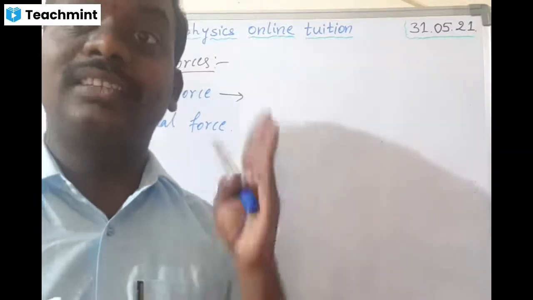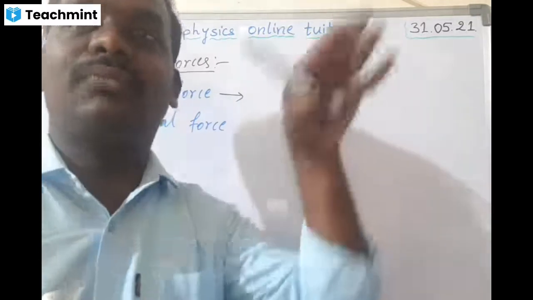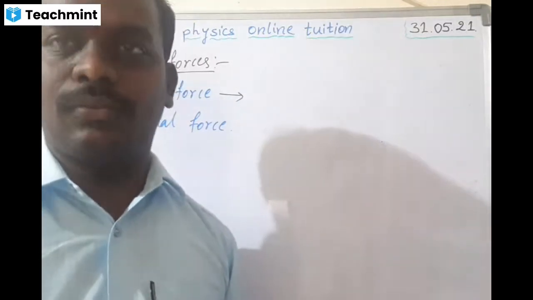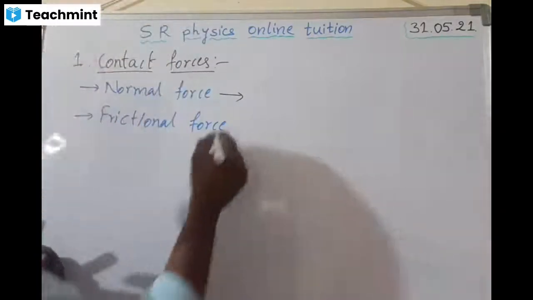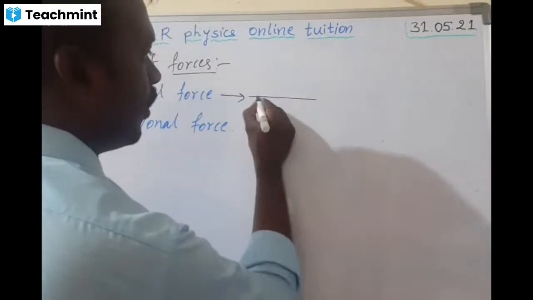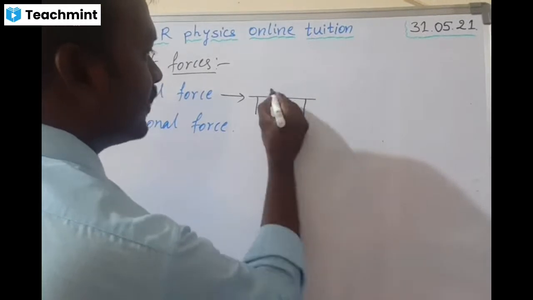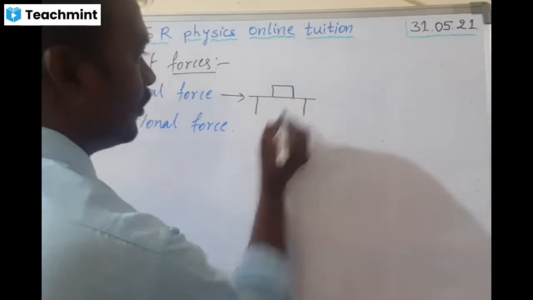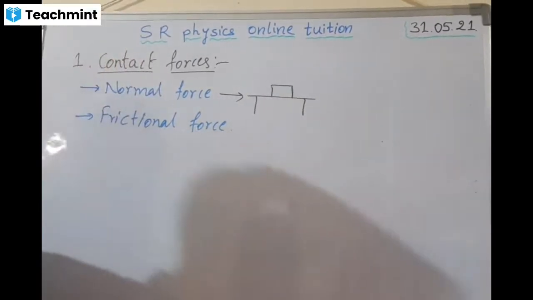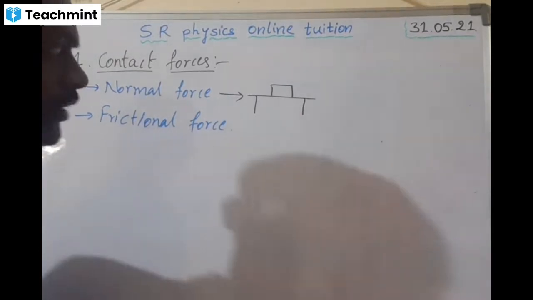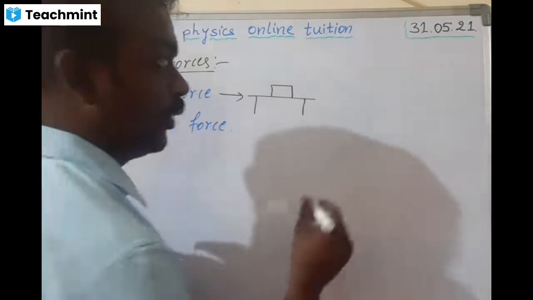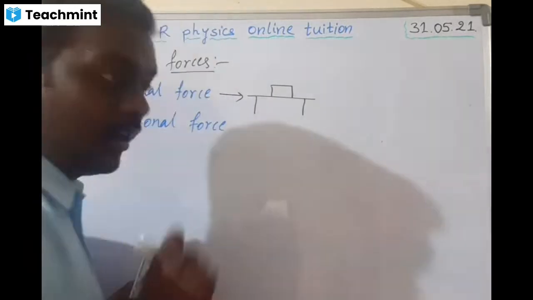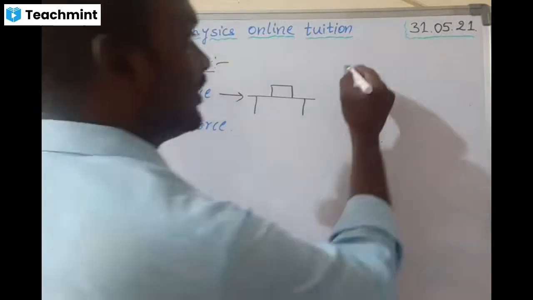The force which always acts perpendicular to the surface, we can take it as the normal force. Let us see how it will be. Now, this is a table. On this table, you are going to place a book or a block, right? Now here, what is going to happen? In the previous class, we had to discuss one more thing, but we have forgotten that: weight,